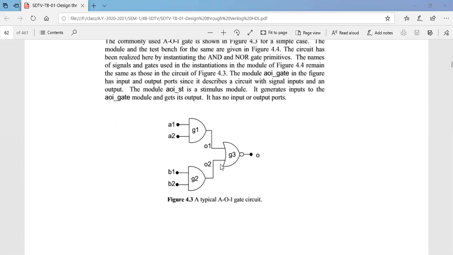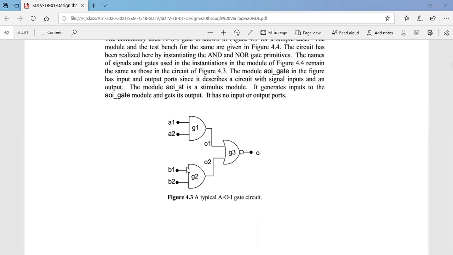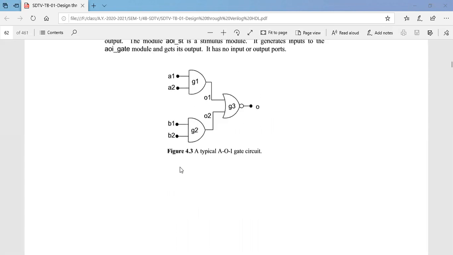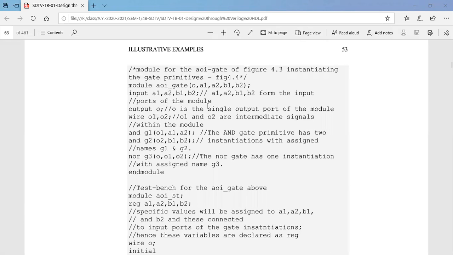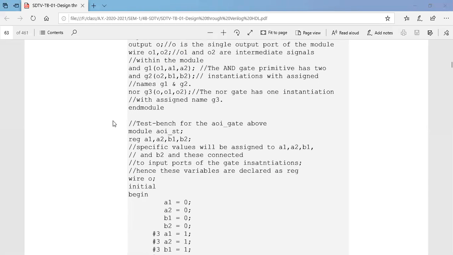This thing we have already seen in yesterday's class, where we took a simple AOI gate, an AND-OR-invert gate, and we saw the general program for it. Here one thing you have to observe. As input I have given 4 values for 4 bits, right? Instead of that I can write it with the help of a vector also, right? If you write it as a vector, it is a little bit different.